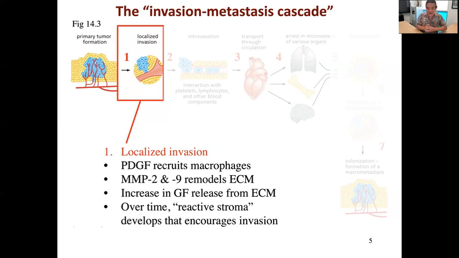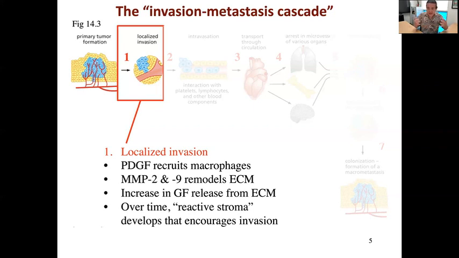And these will recruit things like immune cells in the stroma. So macrophages will come. And the macrophages think, oh, we're dealing with a wound here. So the macrophages release proteases, like matrix metalloprotease 2 and 9, that remodel the extracellular matrix, right? Because during a normal wound response, you're trying to get rid of damaged tissue so that fresh tissue can grow in its place, right? In this case, this leads to the dissolving of the basement membrane, the release of growth factors that have been contained in the extracellular matrix, right?